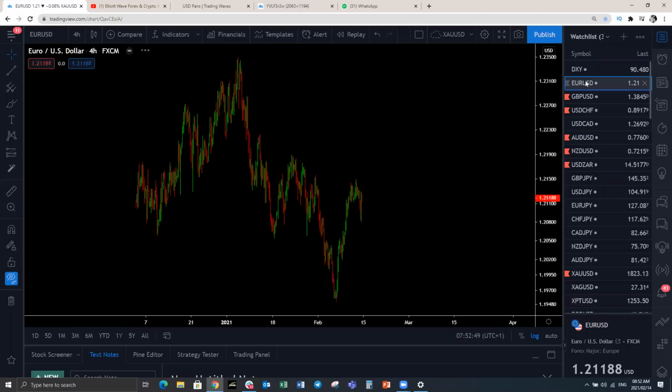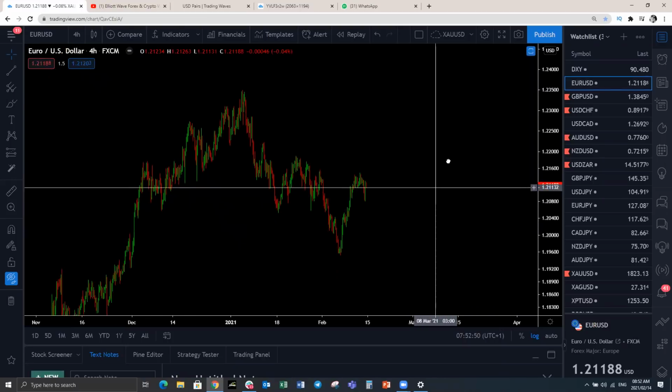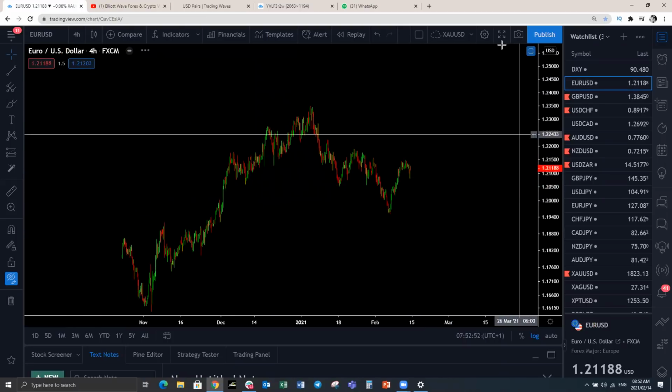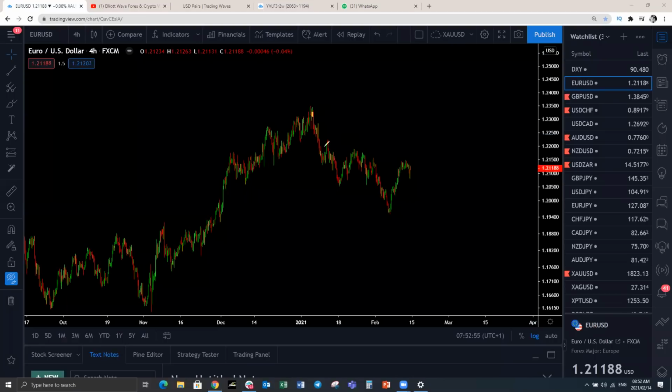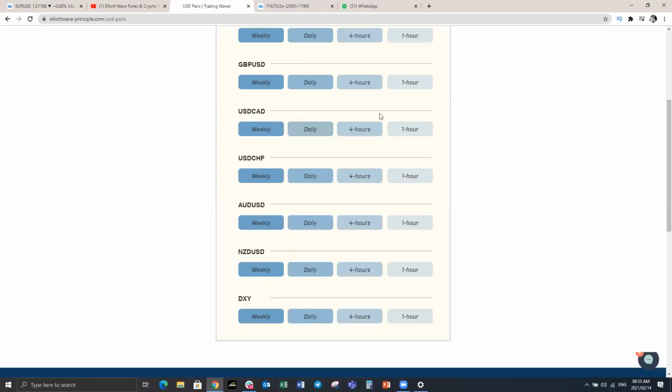Euro US dollar. Those that have been watching will remember how we forecasted this whole corrective structure. When we were here, we said we're going to have a pullback and we're going to have a continuation to the downside. There were two options here, whether it was going to make a flat here first before it comes down, but eventually we were looking for this to continue to the upside. Let's have a look at this on the website. This is what it looks like.